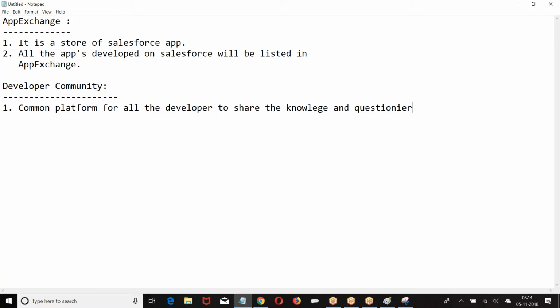That's how new functionalities are always building up and all the difficulties are simplified one by one. Because as a developer, when I'm using it, I actually have a difficulty in using the functionality. Now there's some complex functionality. I'm writing a lot of code which can be simplified using an alternative. Or this is some common functionality which is used generally in many orgs. Then if you post it as an idea, they'll re-implement it and launch it as a predefined option and give it to all organizations. That's how a lot of new features will be added day to day.